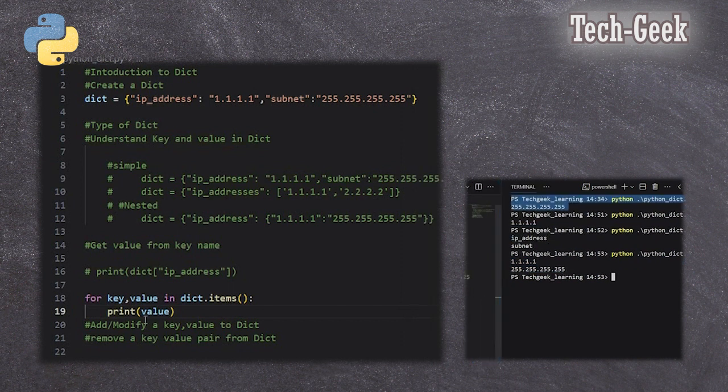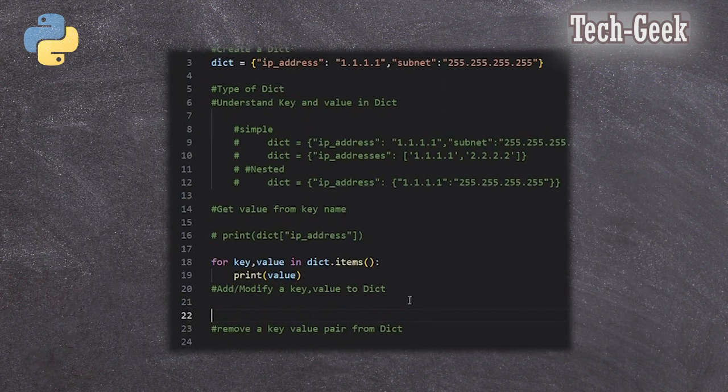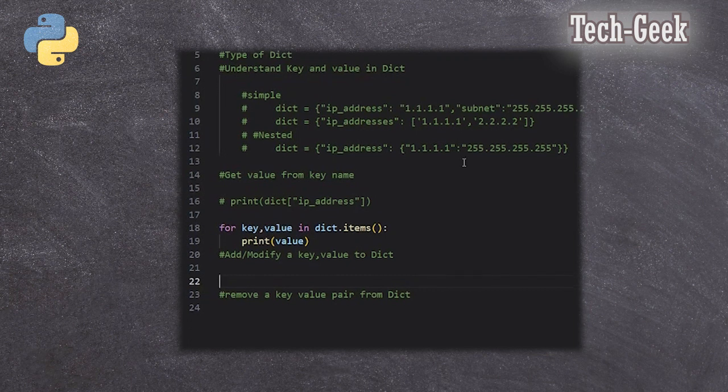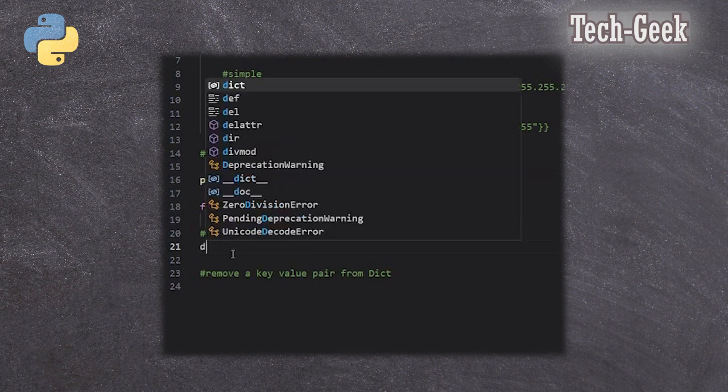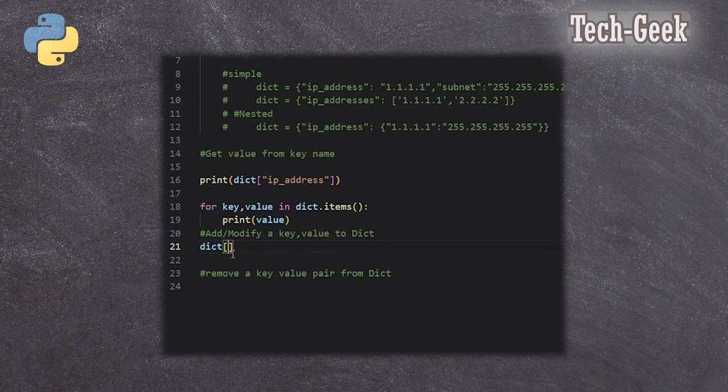So this is how you can get access of keys and values from a dictionary. Add or modify a key and value to a dictionary. Let's say we have a predefined dictionary and we need to modify the value of a particular key in that. So what we can do is, similar to how we printed the dictionary,